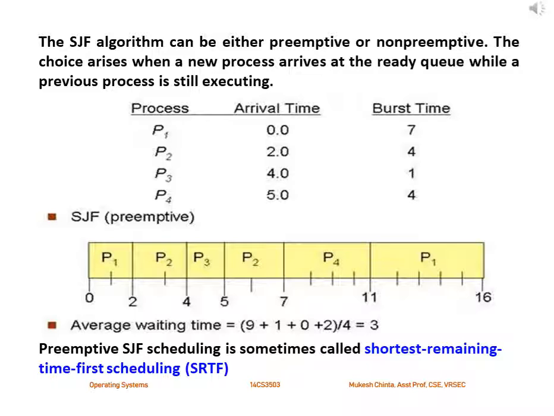SJF can be either preemptive or non-preemptive. The choice arises when a new process arrives at the ready queue while a previous process is still executing. So SJF has a non-preemptive version and a preemptive version. This example is given for the preemptive algorithm, preemptive SJF. At 0 time units there